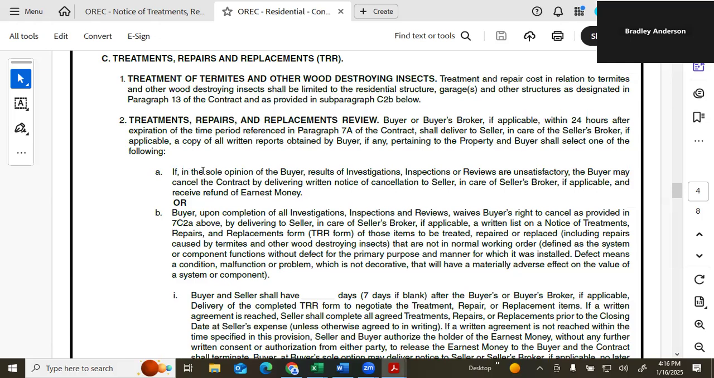Okay. A, if in the sole opinion of the buyer, results of the investigations, inspections, or reviews are unsatisfactory, the buyer may cancel the contract by delivering written notice of cancellation to the seller. So it doesn't matter if they're going to give the seller a chance to remedy what they found. They can just say, you know what? I got in here. It's much worse than I thought, and I want out. Okay, they can do that and get a refund of their earnest money. Or